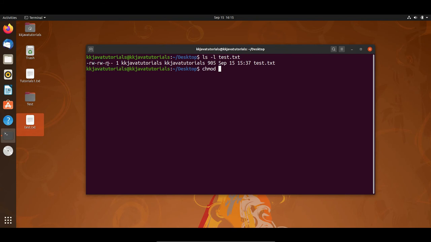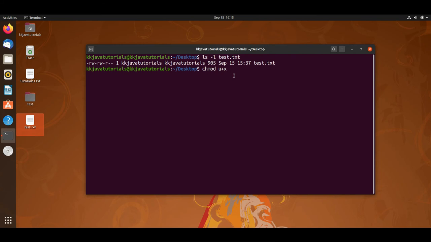And I would like to give the execute permission for other also, right? Other user has only read permission. So here I will write all these permissions, you can separate it with the comma. Here U stands for user, right? And here I'm going to write plus sign, and here user I have to assign execute permission. Right now user doesn't have it, right? So U plus X means I'm adding execute permission.